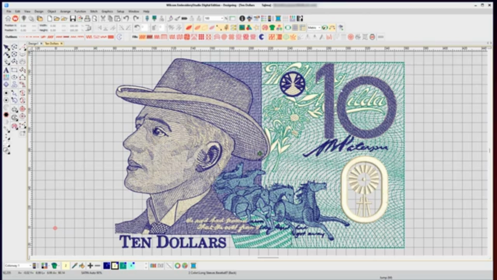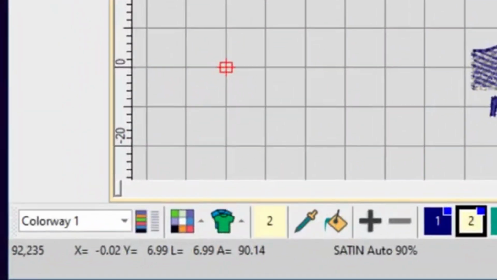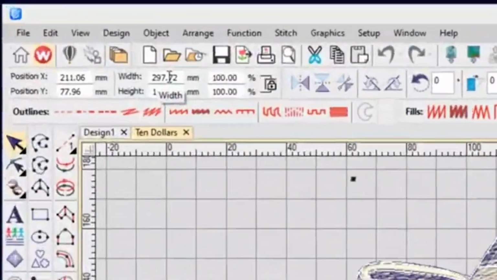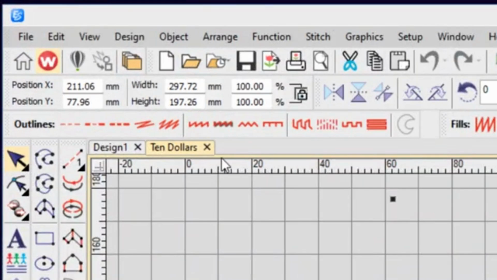You might also notice in the bottom left-hand corner of the screen, it's showing the entire stitch count for this design. In my case, it's 92,235 stitches, because it's quite a large design. And if I select the whole design, I can see it's 297 millimeters wide by 197 millimeters high. So quite